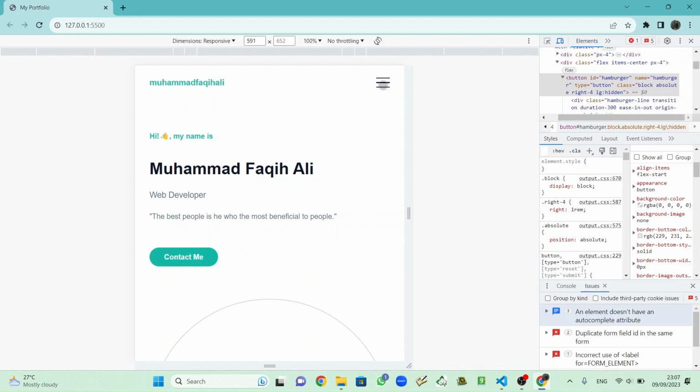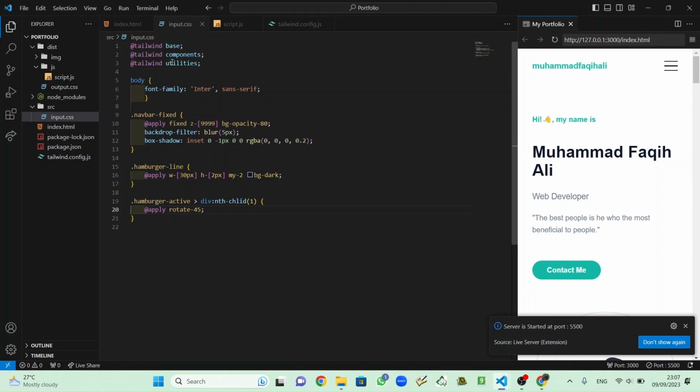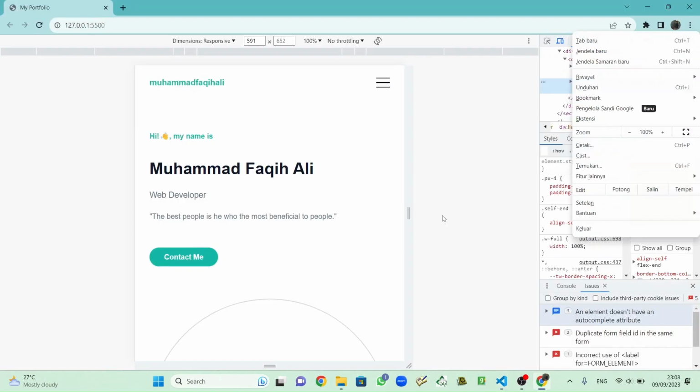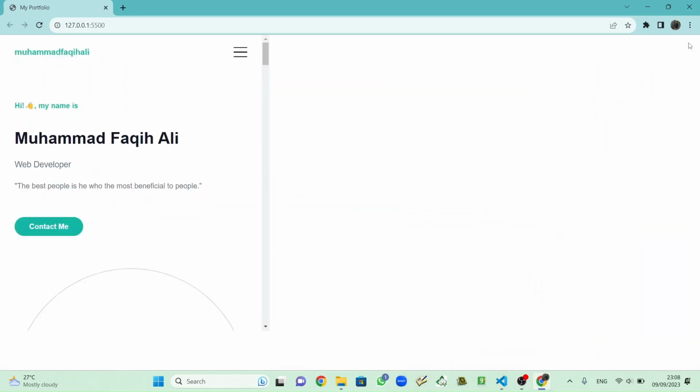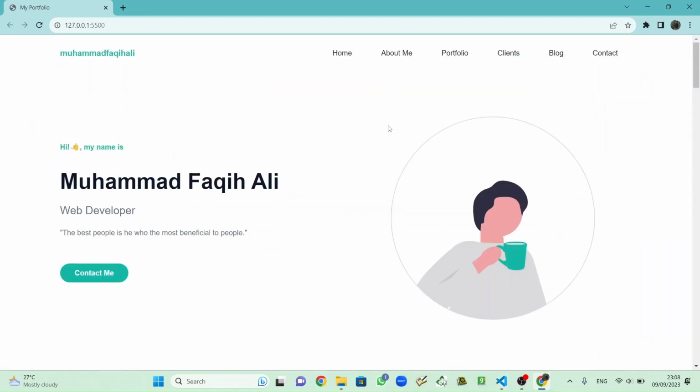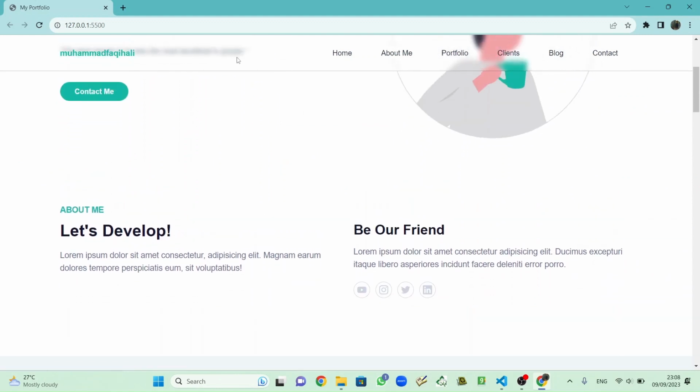Okay, it's not working because we didn't script it yet. What we scripted earlier is for this. Now, when we scroll, the navbar will appear like this. The background opacity is 18 and blur, and it also has an inner box shadow. The navbar will appear fixed at the top